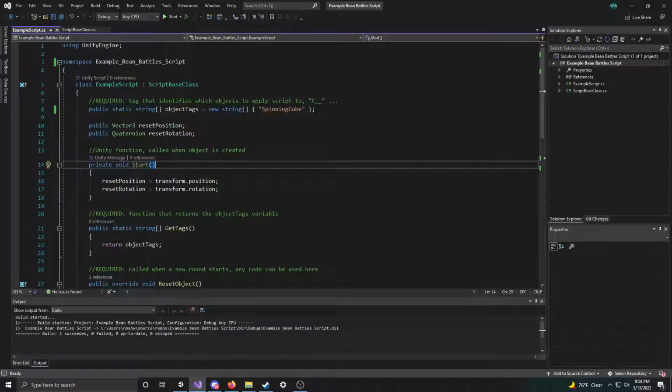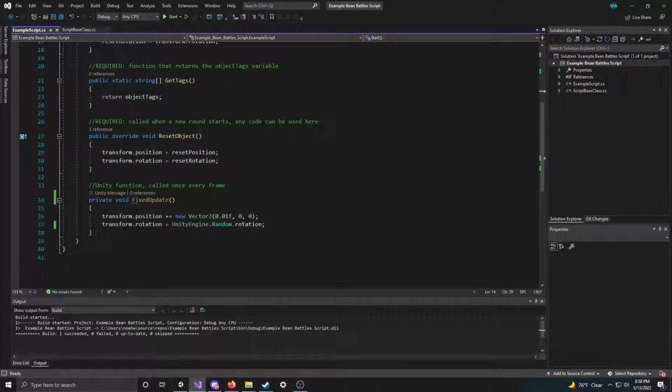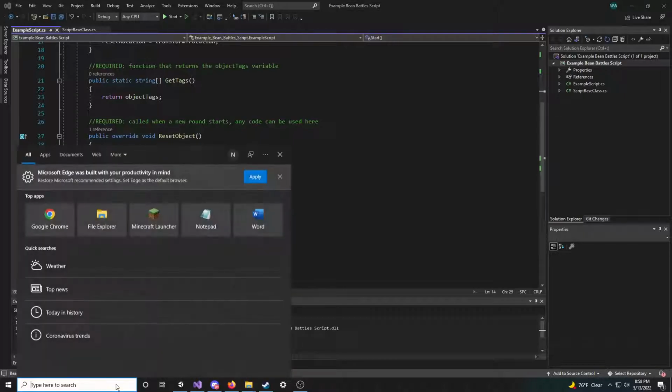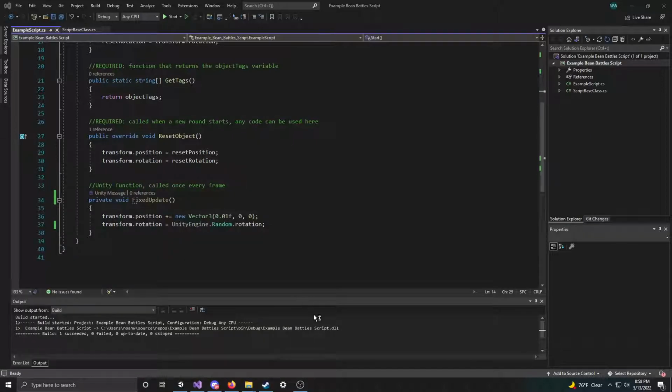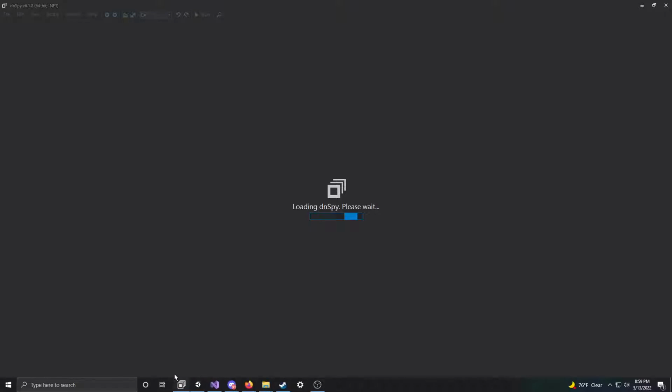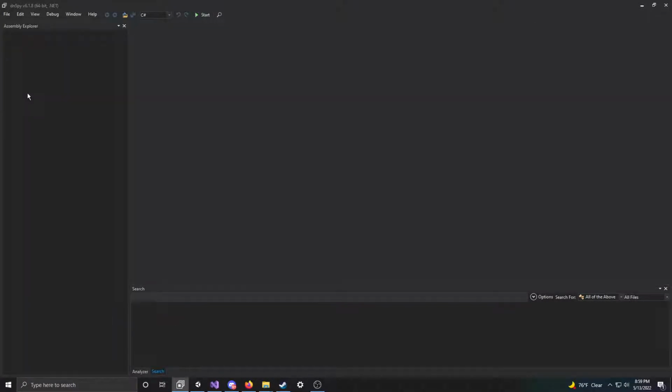If you want to actually mess with some code in bean battles and do some kind of cool stuff, you're going to want to get a project or application called dnSpy right here. So I've got dnSpy.exe. I'll include a download link in the description. You definitely gonna want to get that. So here I'm just gonna close all this out. So this is something that can decompile